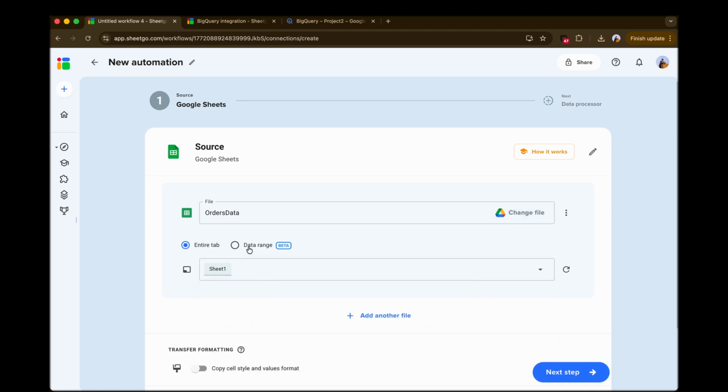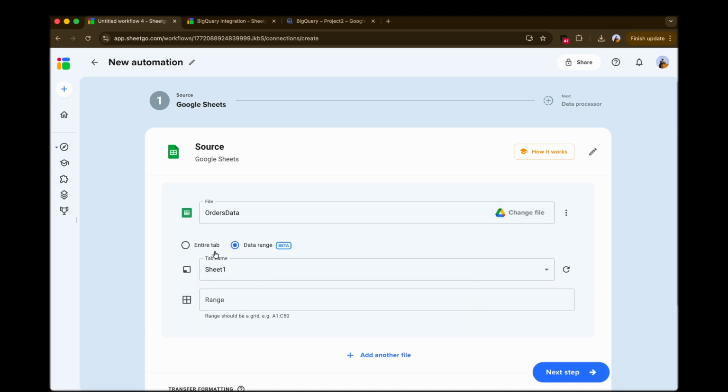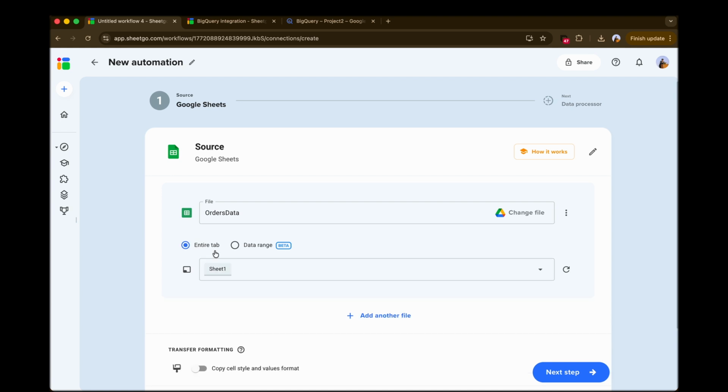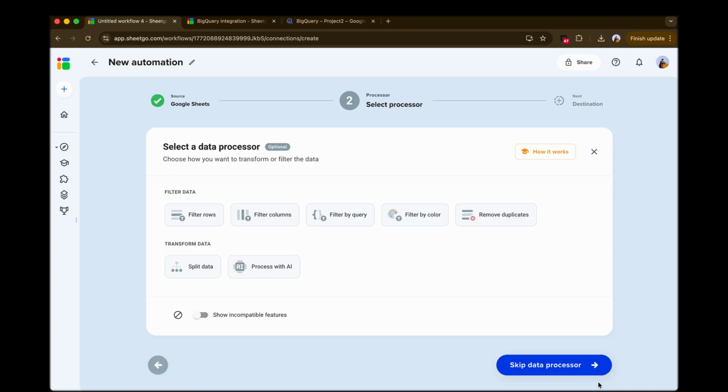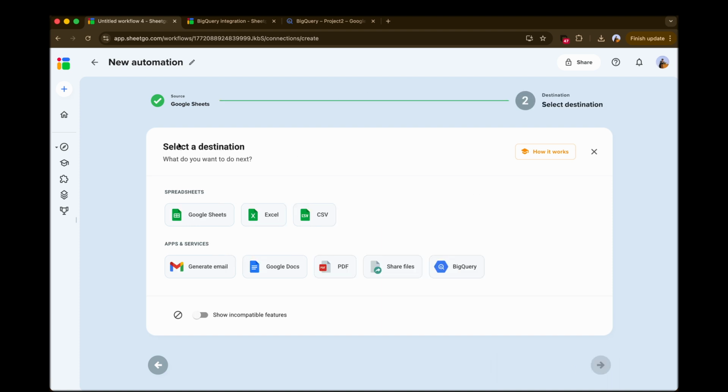If you want, you can of course import a specific range of data, but for now I'm going to be importing the entire tab and I'm going to click on next. There's going to be no processing, of course, this time, but because my processing is already done in this sheet and it's ready. And if you want to create an entire flow of it, you can always do that here. But for now, we're going to click on skip the data processor,